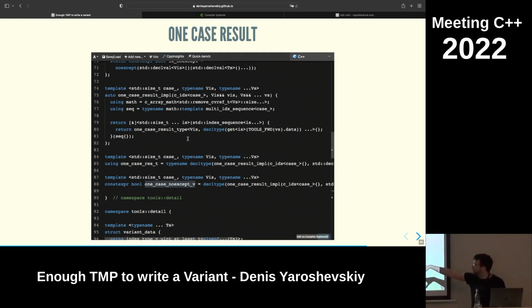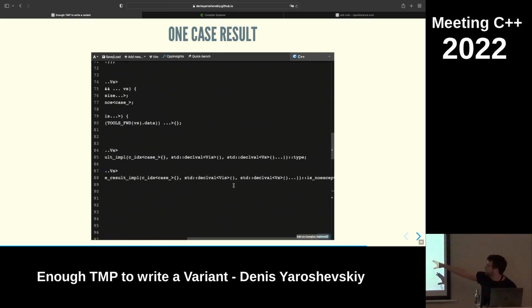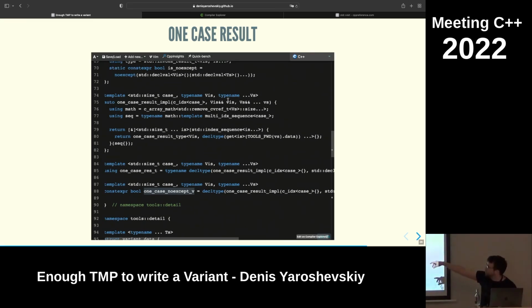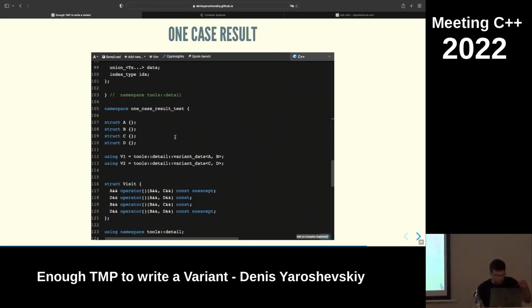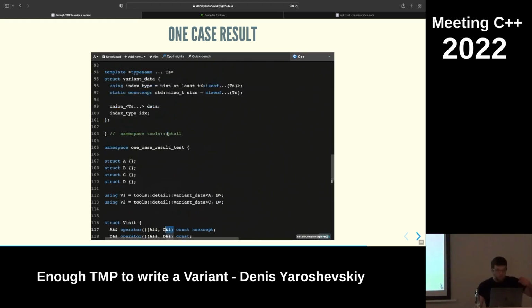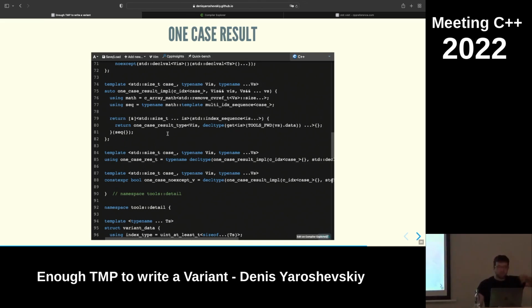Well, basically both the result type and noexcept are derived from one common struct. I just call a function and it returns me a struct that contains both of those pieces of information. What does the function do? Okay, like we had V1 and V2. We want to get A and C, right? This is what we wrote the mask transformation for, like get me the 0, 0 index.